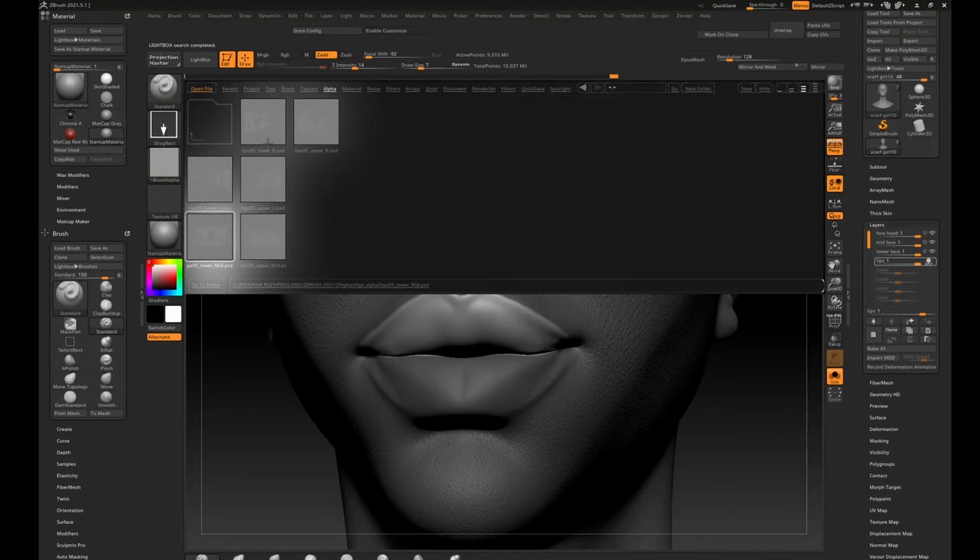Now if we go to the lips, you will see lips lower, lips upper, lips upper left, lips upper right, lips lower right, lips. So these are different parts of the lips. So we're going to start with the upper lip here. We'll start with the mid section. That's what I like to start with. So this,